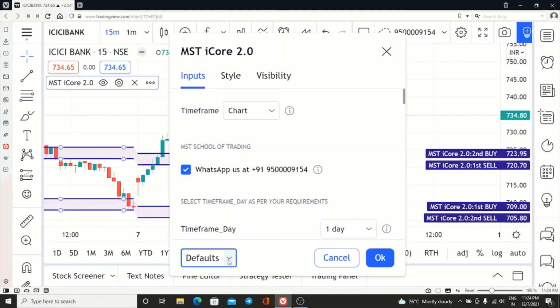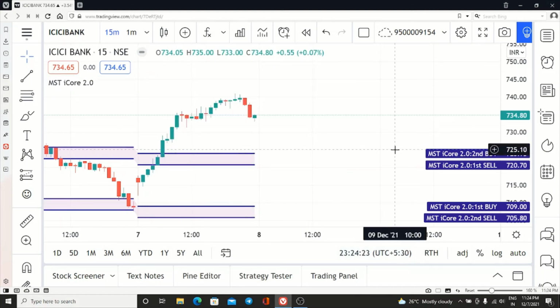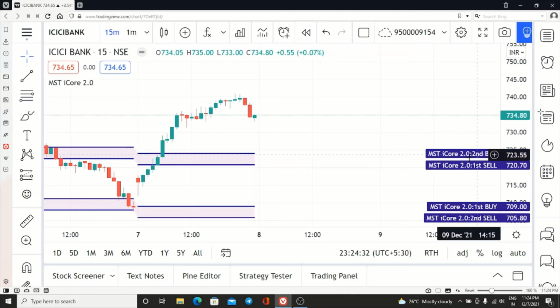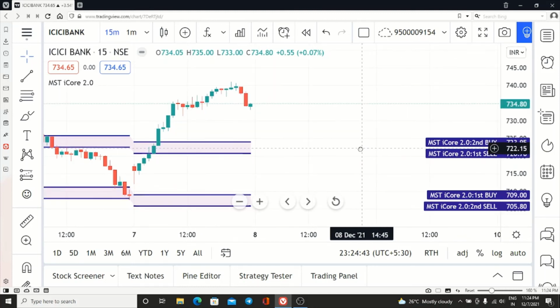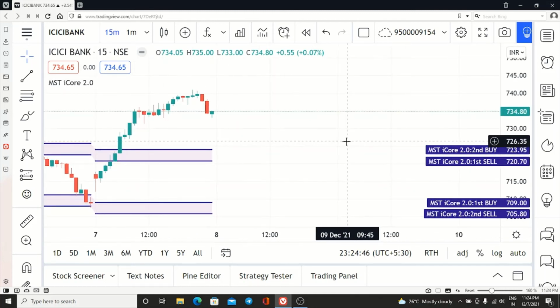Every day when you are starting to trade, please reset, then you can trade. Don't forget about the stock numbers. If the stock is having 3 digits, keep normal SL, normal targets. If the digits are 4 plus, keep small. If the digits are 6 plus, 7 plus, then you can keep small only. Small SL or safe SL you can keep. So that's all, dears. We have completed the demonstration part of today.